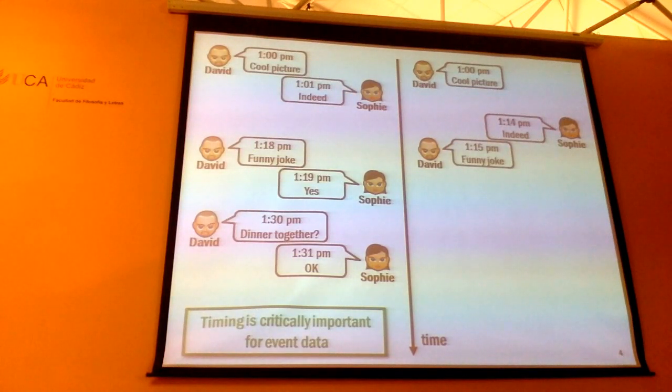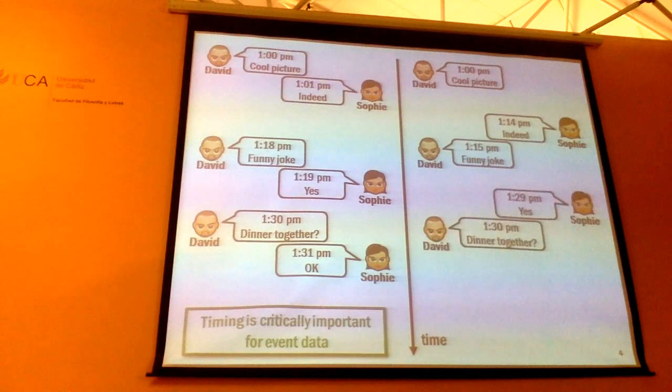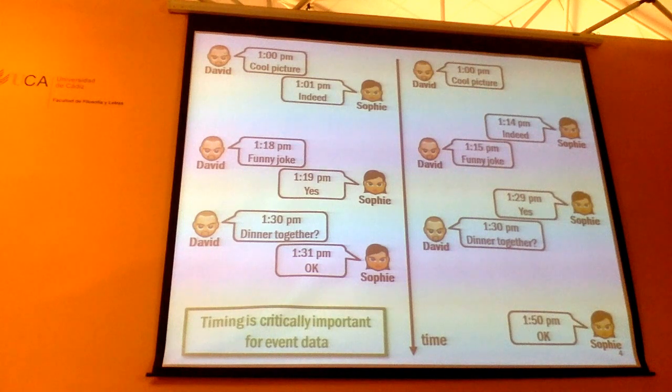And then David quickly followed with another message at 1:15 p.m. Okay? And then somehow Sophie is lukewarm, and only after quite a while, Sophie replied with exactly the same content. And David followed with a message immediately. Right? And then after 20 minutes of long consideration, in the end, Sophie replied, "Reluctantly, okay."